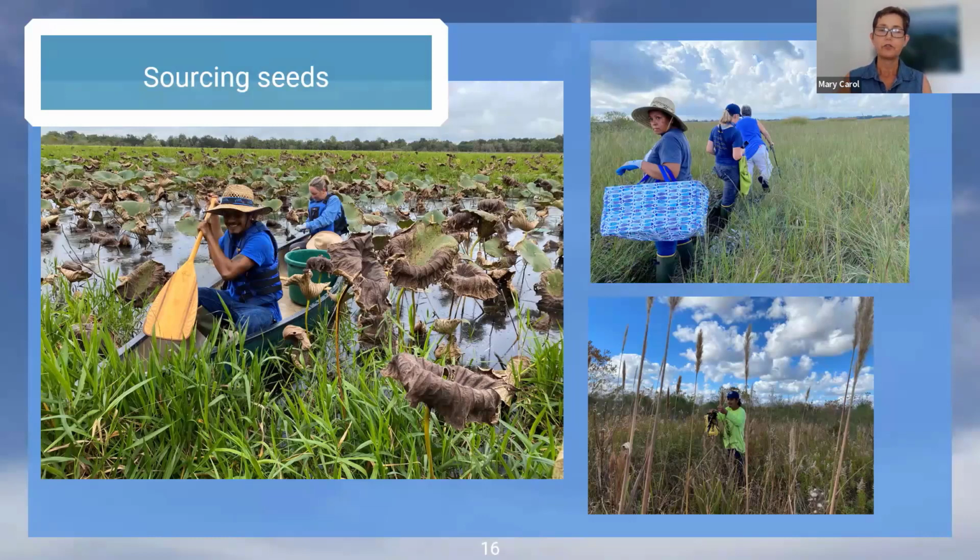We need to have sources from salt marshes to forested riverine settings. And we need to be able to know what is getting ripe, what can be collected. We need to train staff. We need to hire and retain staff to be able to identify and collect seeds.